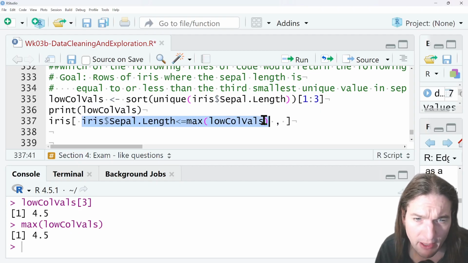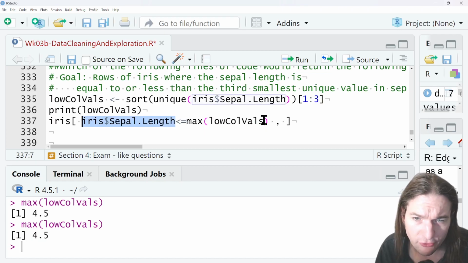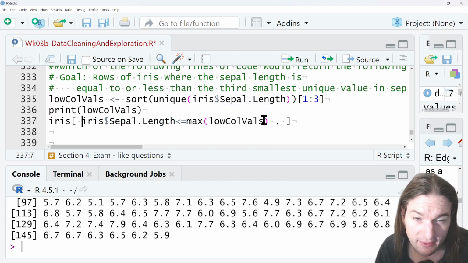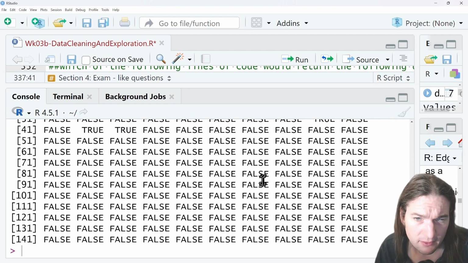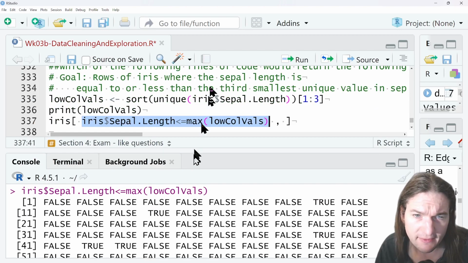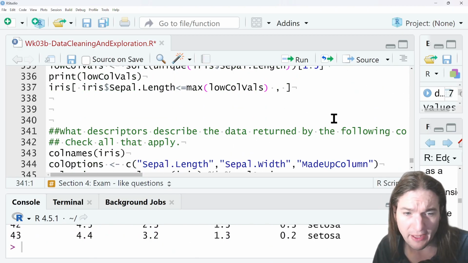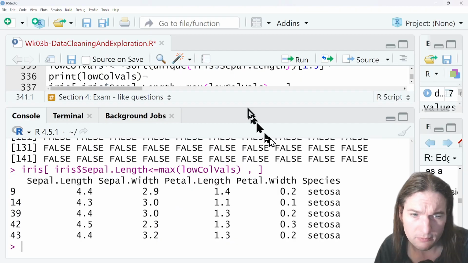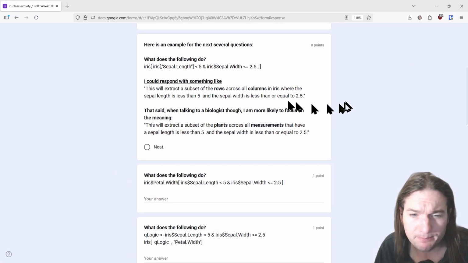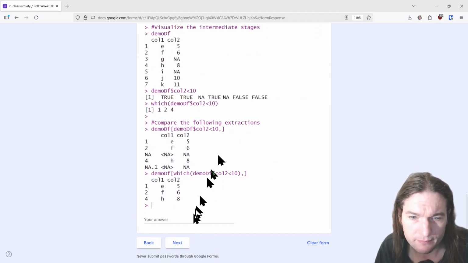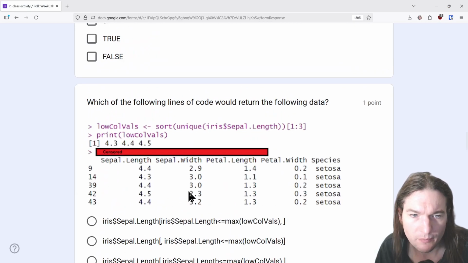So just to check all my work, I have the max value. Cool. I'm comparing it to a bunch of sepal lengths. That should generate some logic. Okay, that makes sense. And then I'm extracting the rows where that's true. Okay. And then if I go back to my poll activity, scroll down to that